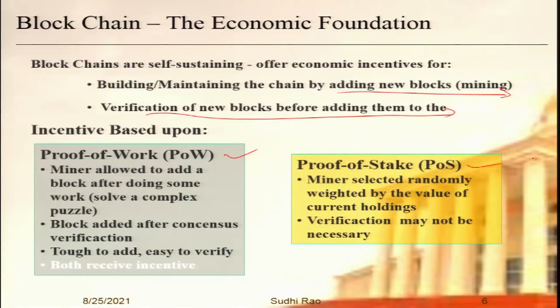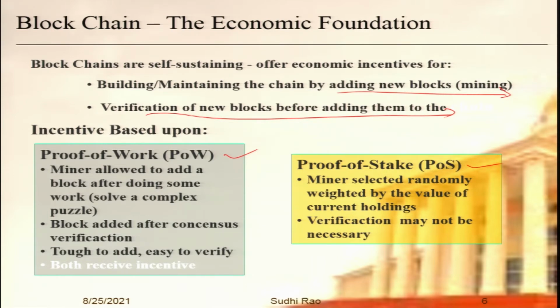There are 2 most commonly accepted ones. One is called proof of work, another is called proof of stake. Both are attracting a lot of discussion. There are a lot of activities happening in both ways. Let us not go into details of them. I will briefly touch upon the differences between them. Bitcoin follows the proof of work method to incentivize. So many people are trying to add a block,